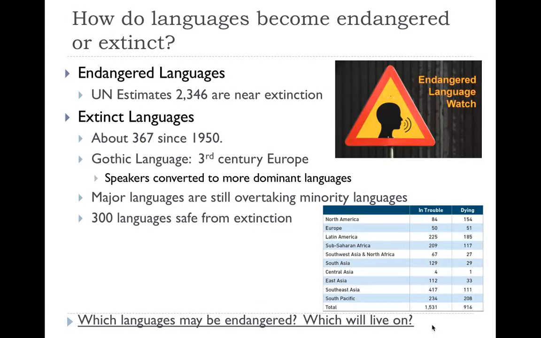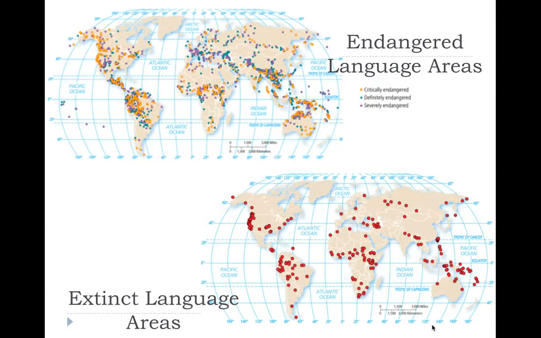When we talk about some of the languages which will be endangered, we're starting to look at languages that are native to small regions or small places around the globe. A lot of them are Pacific Island languages too. So there's our map of endangered languages versus extinct languages. And a lot of them, like we said, are Native American languages, native to different parts of the world here as well, where we're seeing endangered or extinct languages.